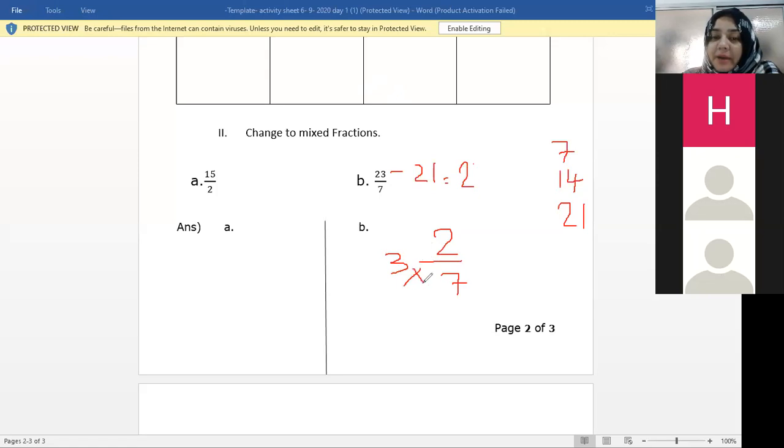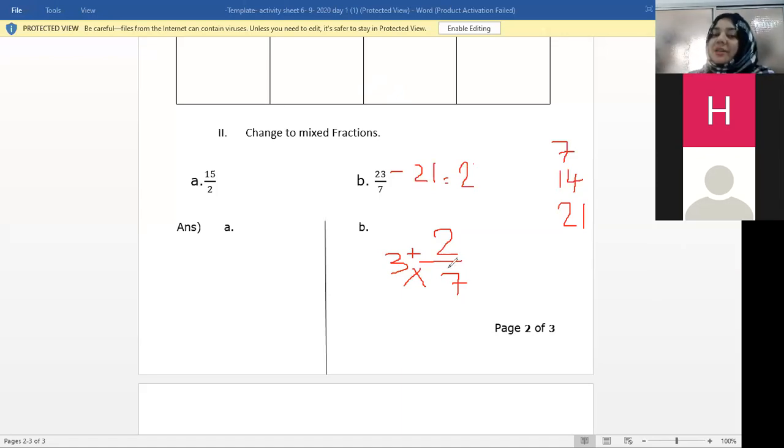7 multiplied by 3 plus 2. This is the formula to change this mixed fraction back into the normal fraction. For normal to mixed, we had this method, and from this mixed fraction to normal, we will have this one. Okay, 7 multiplied by...